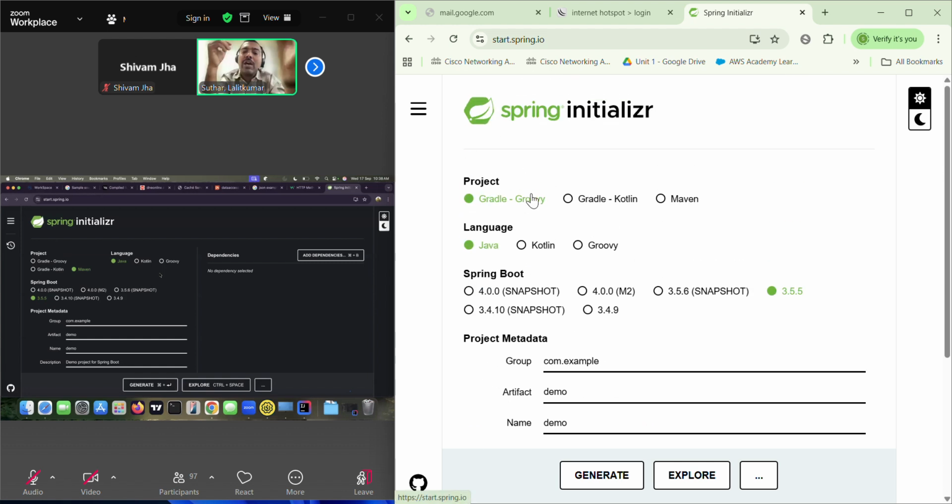So first thing is the project. Are you using Gradle or are you using Maven? I'm going to use Maven. Now, what is Maven? Maven is a dependency management tool. For simplicity, I'll say it is a dependency management tool. What I mean by that is, when you write any code, you have